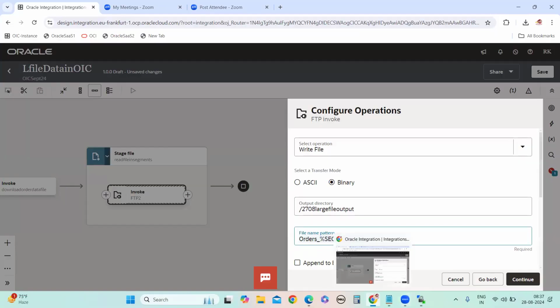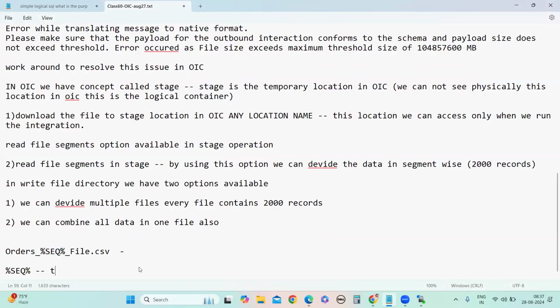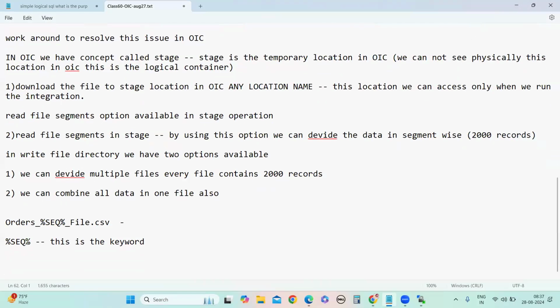Once again, I will tell you what will happen. First run, 1.